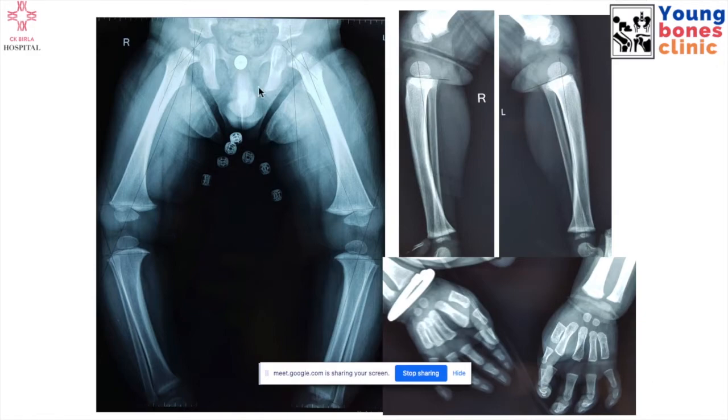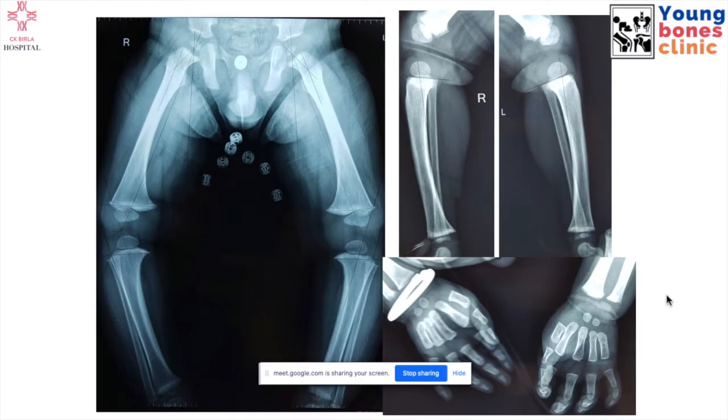Now, if you get an X-ray, this was the full-length X-ray of the child. We calculate the metadiaphyseal angle, and this is the classical presentation. A metadiaphyseal angle of more than 16 degrees is the classical presentation of Blount's disease. It can present in infancy, and can have a delayed presentation as well. It is important to diagnose Blount's because they usually progress. The deformity keeps on increasing.